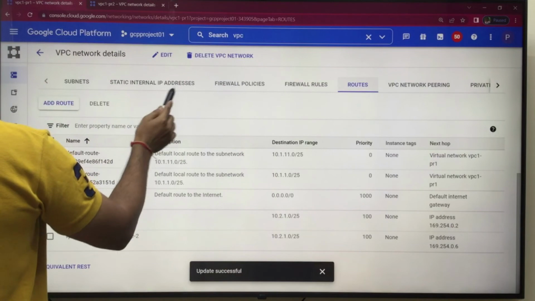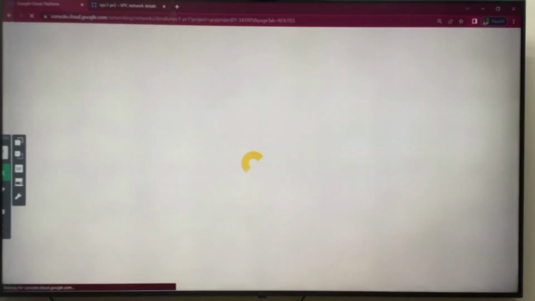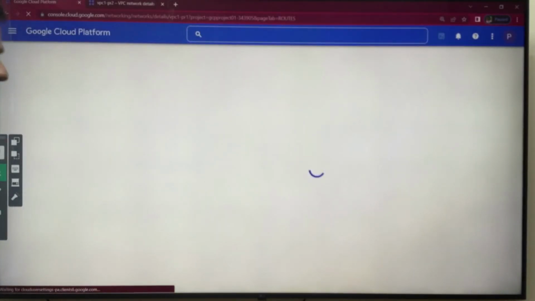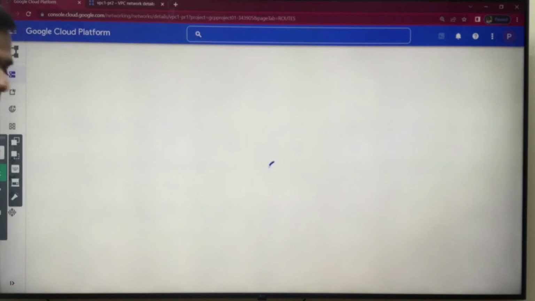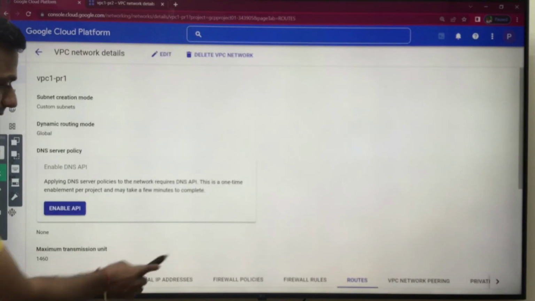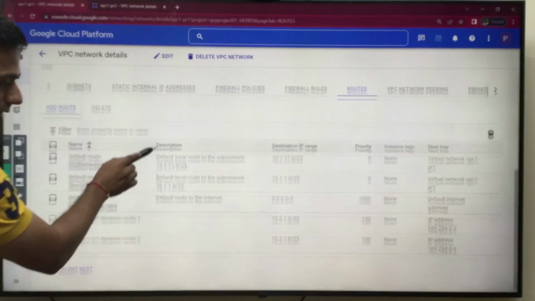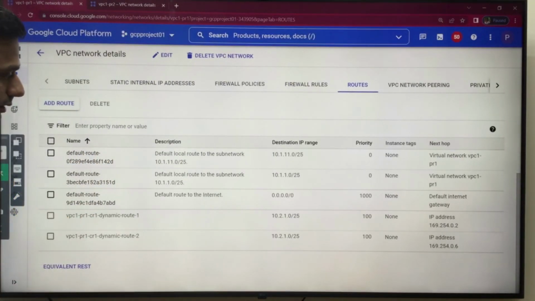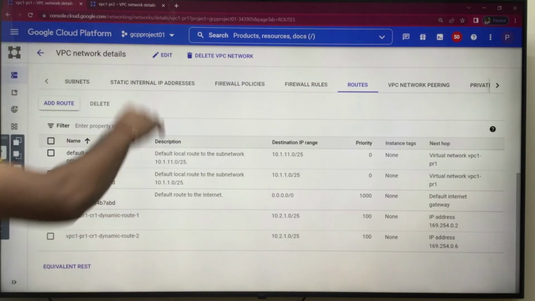No, still not. Just refresh the screen. Once you refresh, you will be able to see the routes, because now your VPC dynamic mode is global. You should receive the route... no, I am still not getting the route from the Europe region. Why?